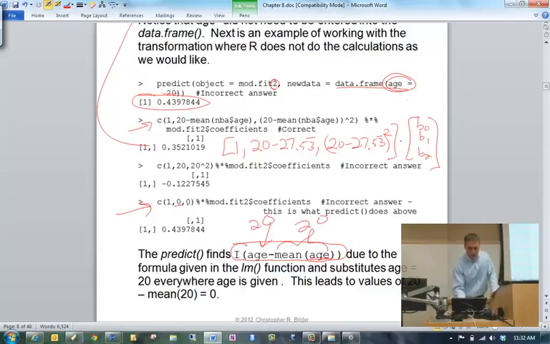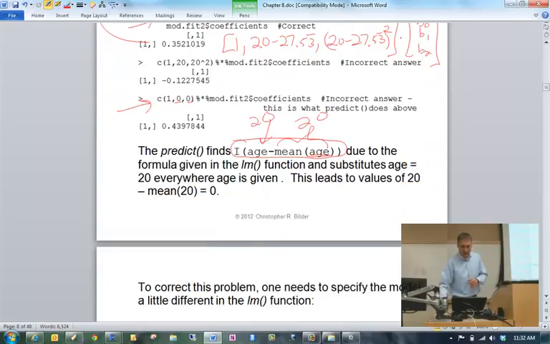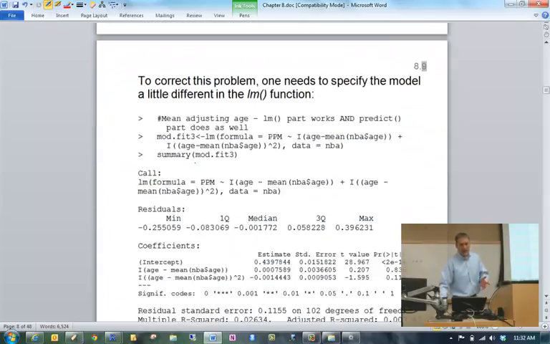And that's where this is coming from. So this is just a caution to you that when you're working with these transform variables, you might not necessarily get what you expect from the predict function if you're not careful. What you can do instead, even though it's a little bit extra code, is specify the mean of age as the mean of MBA$age.